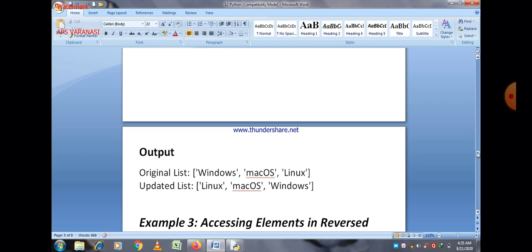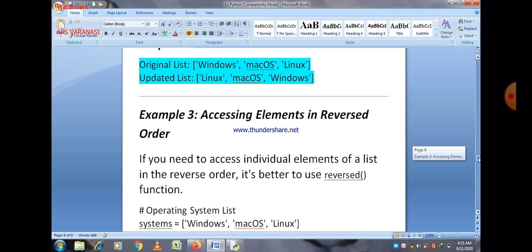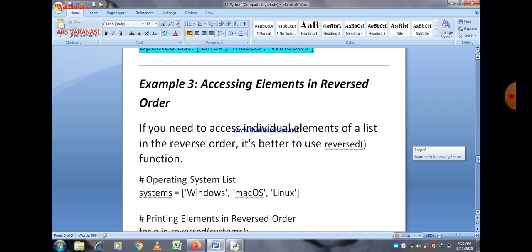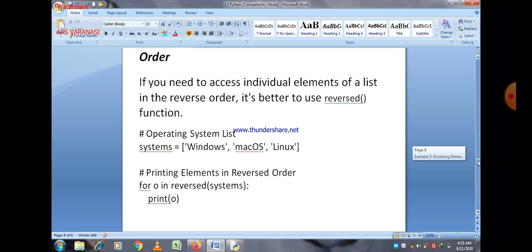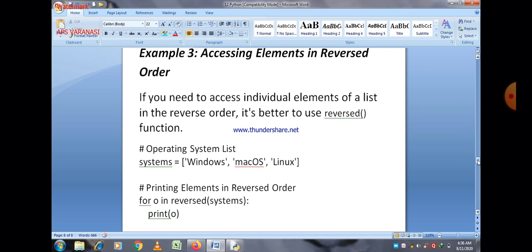You can easily see here the output is Windows, Mac operating system, Linux, and after the updated list you get the list in reverse order. It is because we give -1 as the increment value, which of course traverses the list in reverse order.